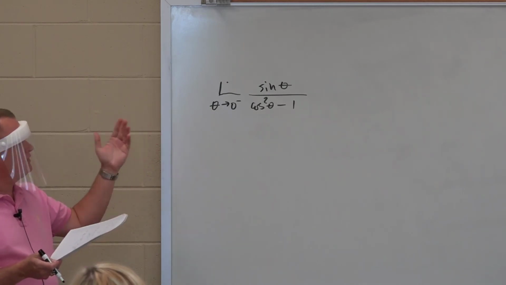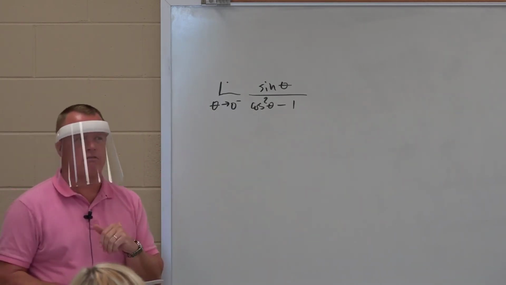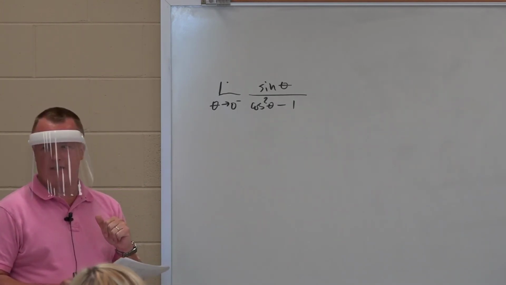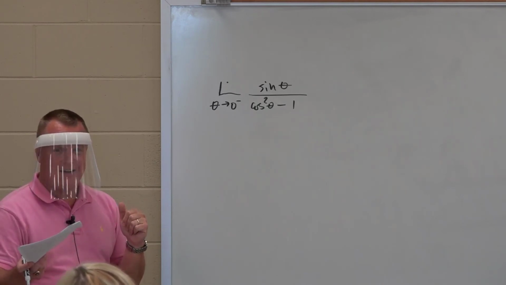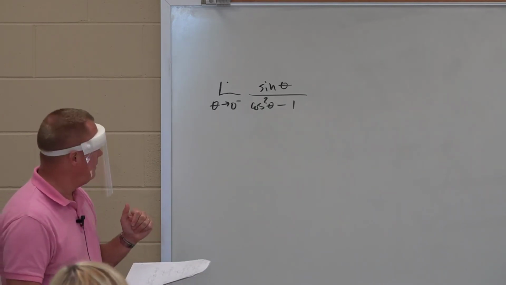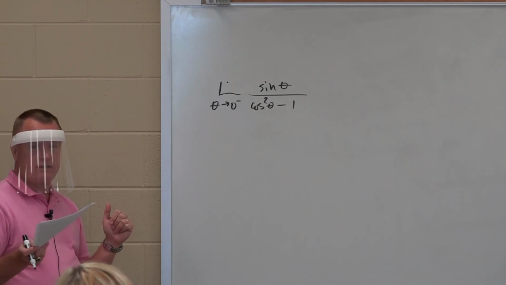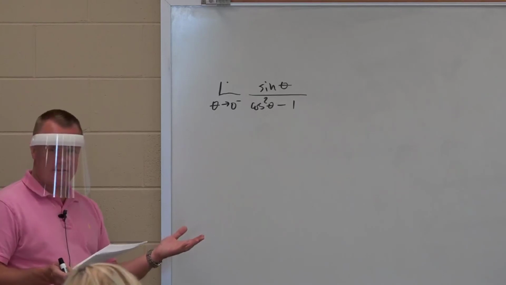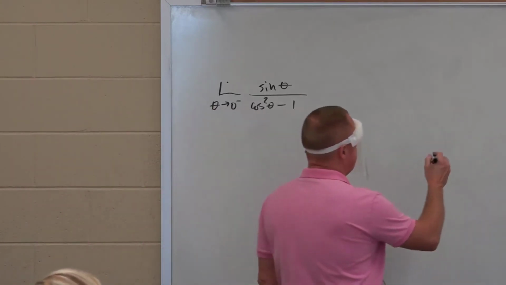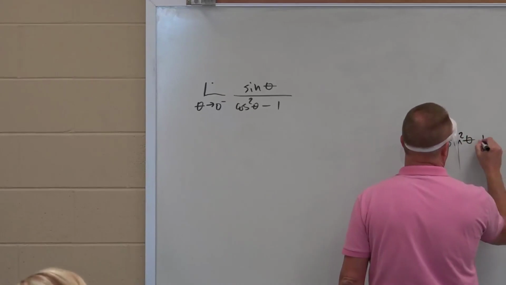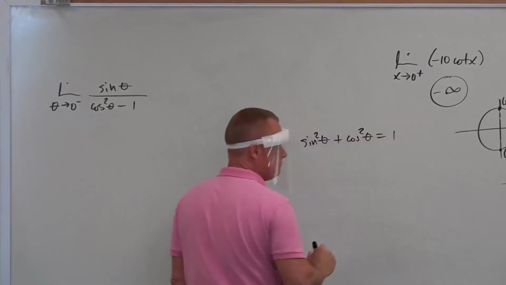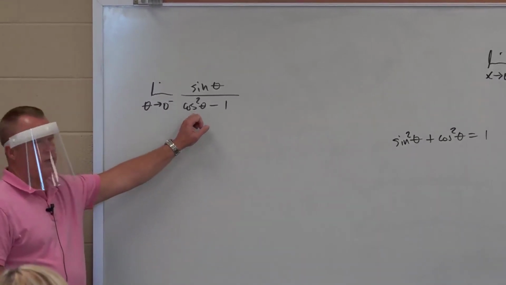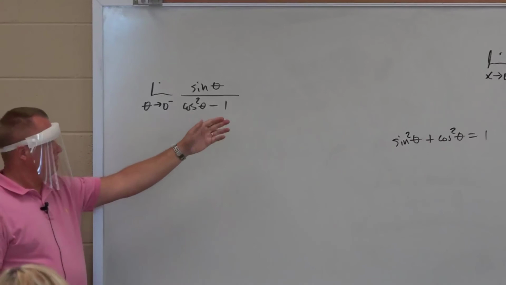What do you think of if you see cosine squared or sine squared with trig? Nothing? Okay, how could you do that? You can, yes. One of the formulas, Pythagorean Identity, remember those? All right, sine squared theta plus cosine squared theta equals 1, right? Remember that? So, if you ever see cosine squared, sine squared, tangent squared, any of those squared, you could use